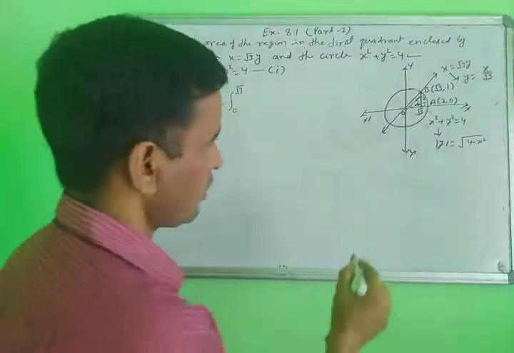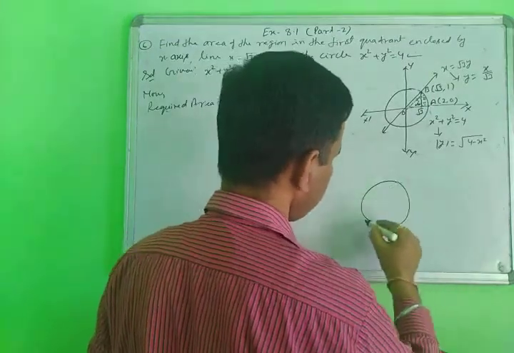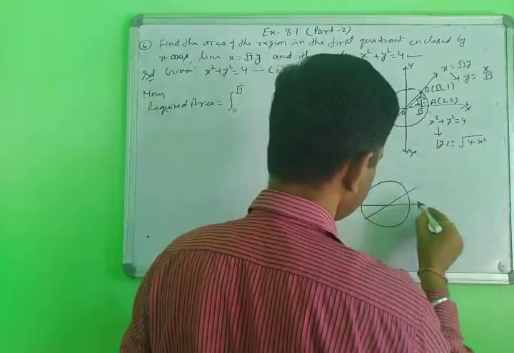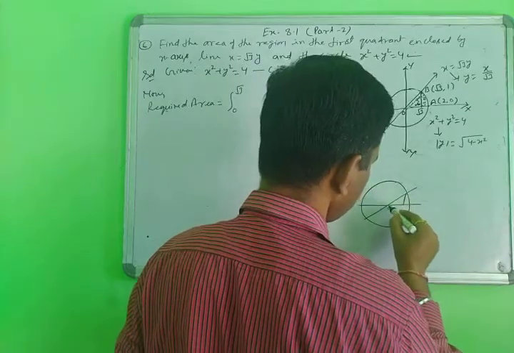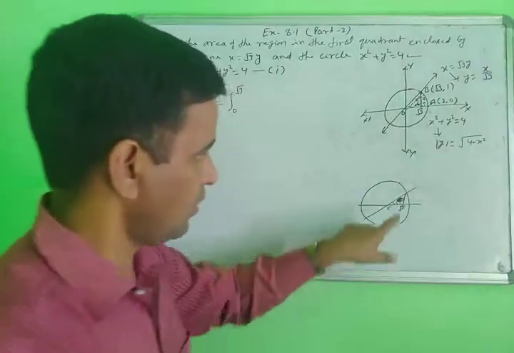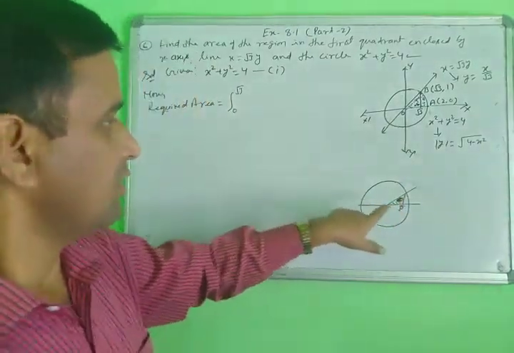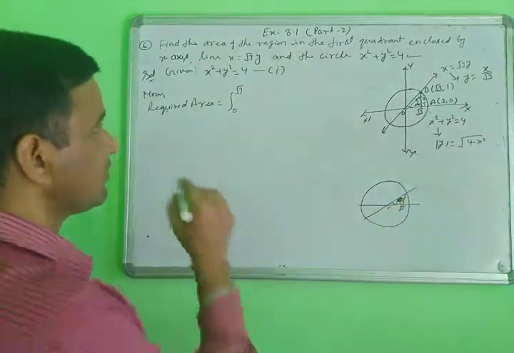Here you look at this circle, and you are drawing the line in this shape in this way. First you are using 0 to root 3, only this portion of the area, not using this. 0 to root 3 means only under the line. So what is the equation of the